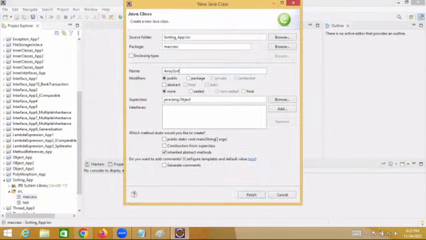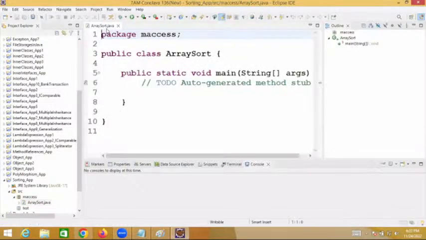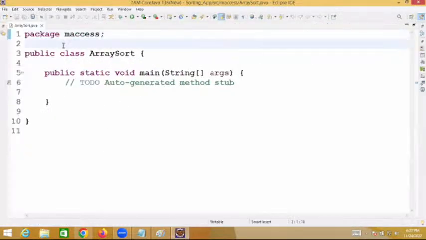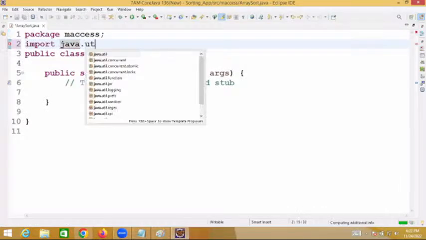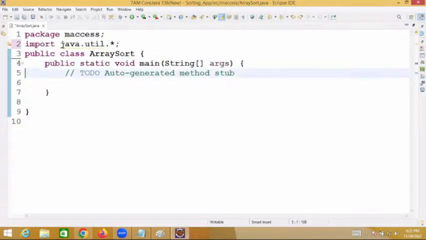Array sort. I'm taking one class. Put java.util. I'll take one array,